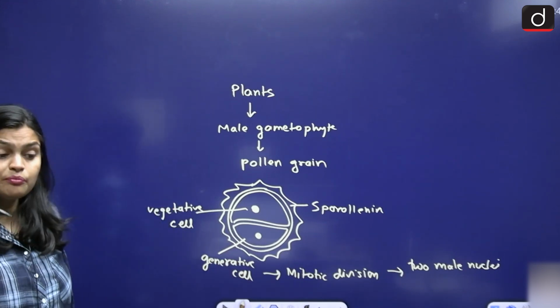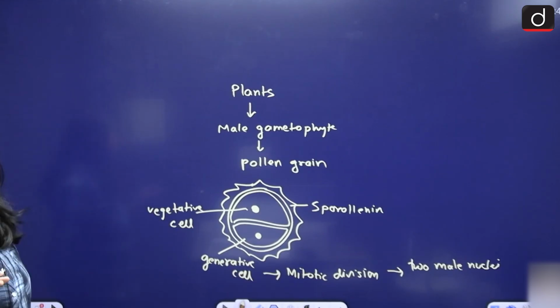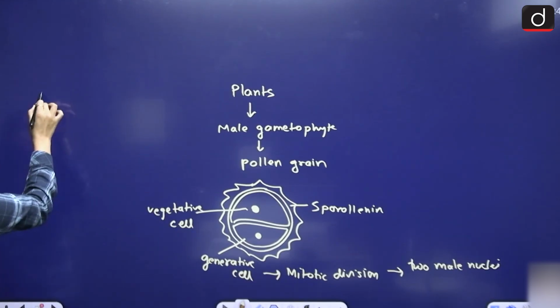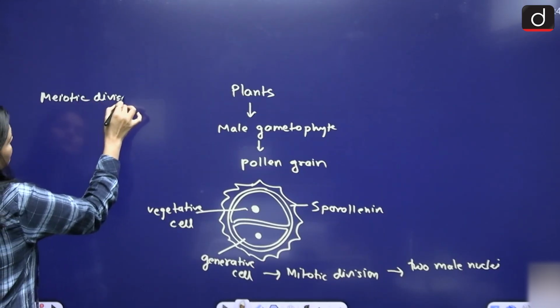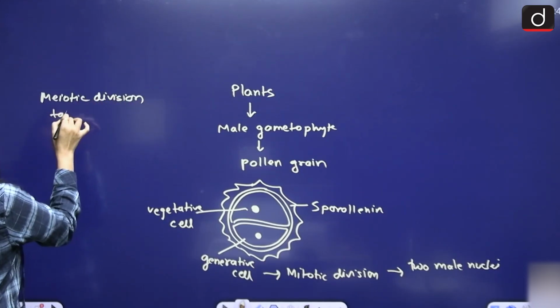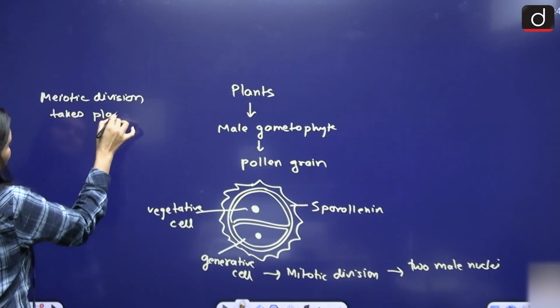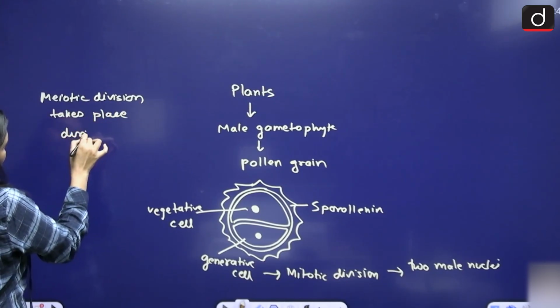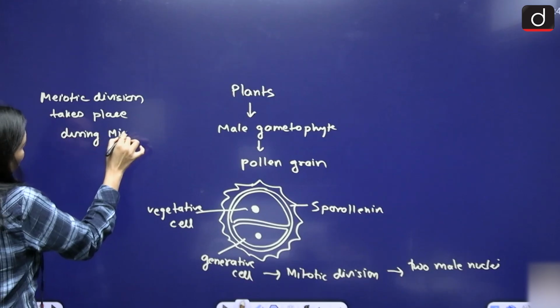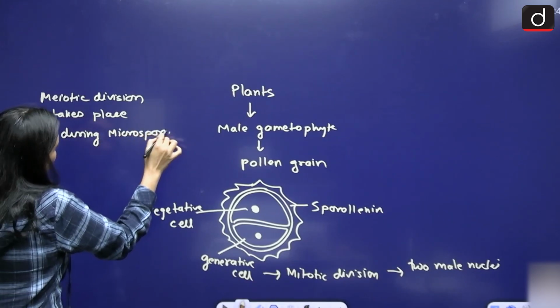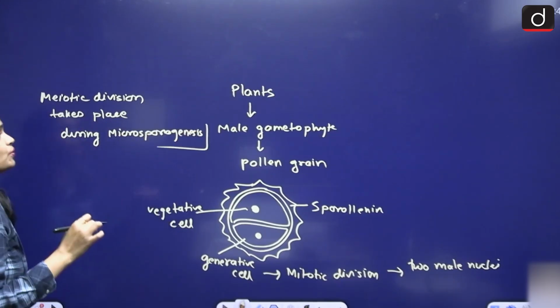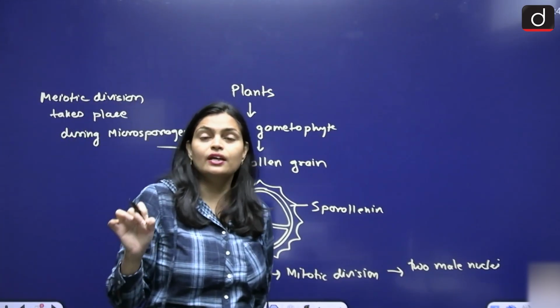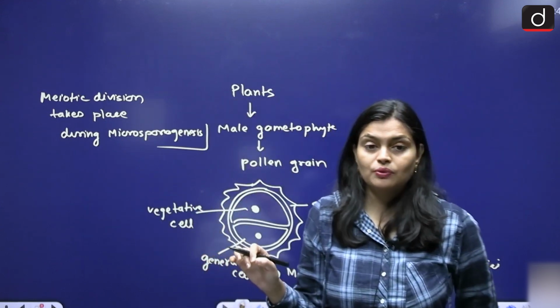Meiosis कहाँ हो रहा है? Meiosis occurs earlier during the microsporogenesis. So meiotic division takes place during microsporogenesis. ठीक है, तो माइक्रोस्पोरोजेनेसिस के टाइम पे meiotic division हुआ, and this